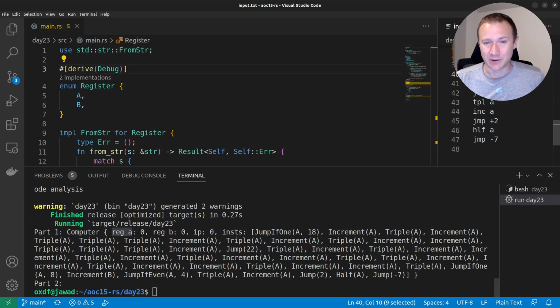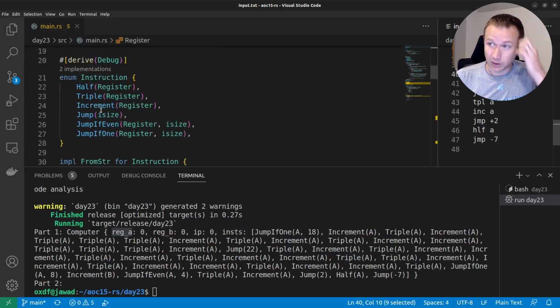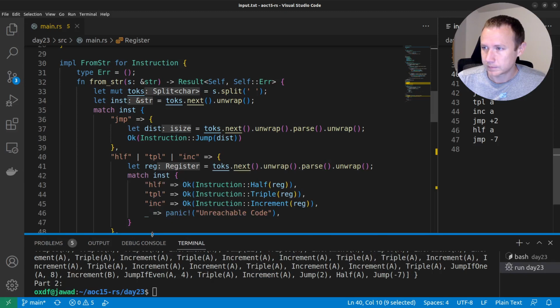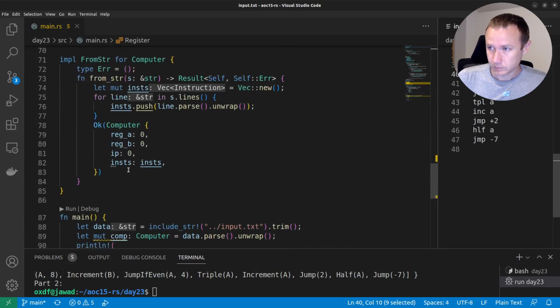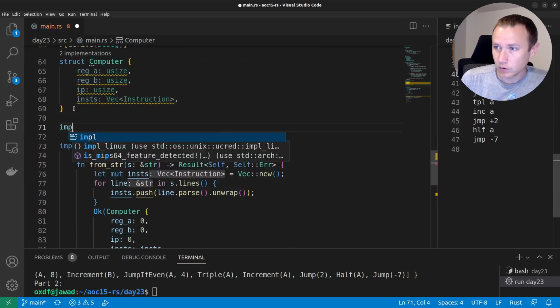We've built a computer. Now we need to figure out how to run it. So let's start thinking about what functions we want to put on our computer itself. Let's see, we'll get the terminal smaller here. We don't need this for the moment. So what I want to be able to do, for our computer, here we have simple computer